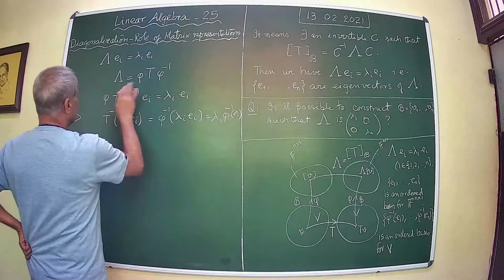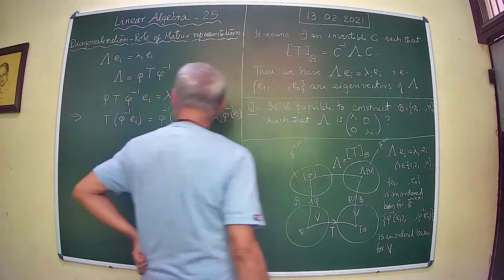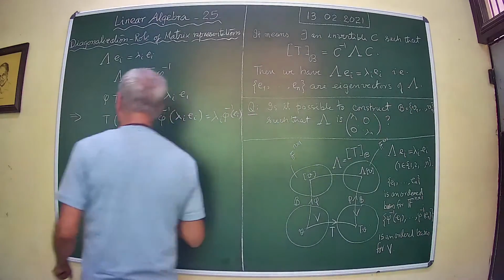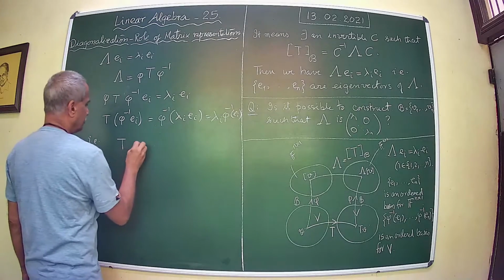So here it is T, not T. Okay. So this is what you get. Okay. What does this mean? That is T of